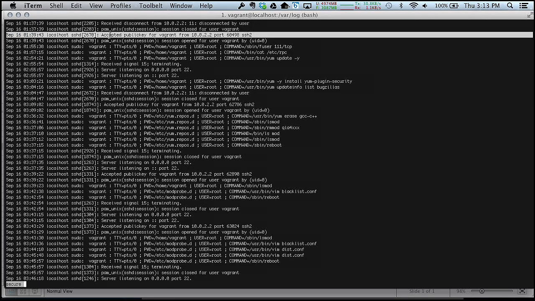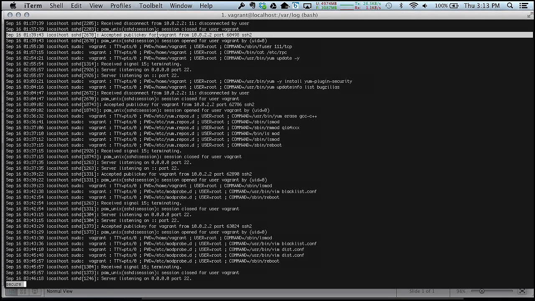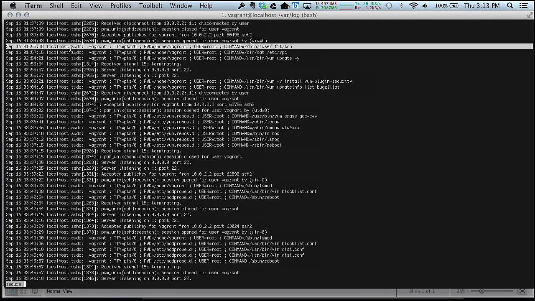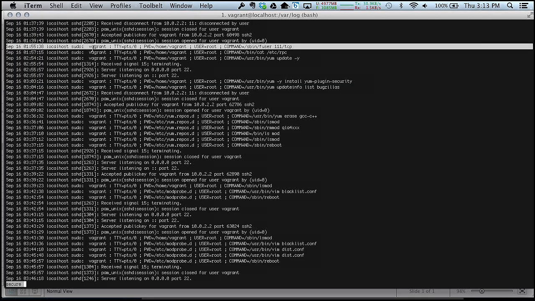And this line here is saying we accepted a public key for the user vagrant. This is a new user logging into the system. Here we see sudo. We see this is output from sudo. So this is saying the vagrant user on this specific terminal, PTS0, in the working directory /home/vagrant, ran as the user root this command